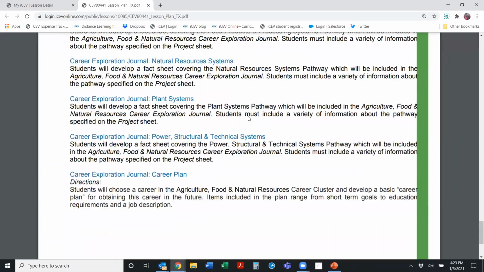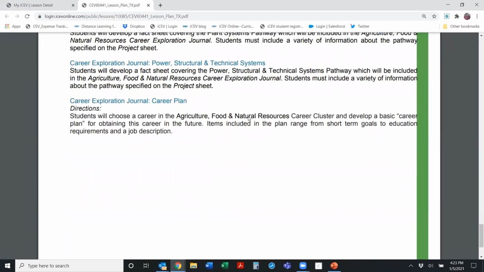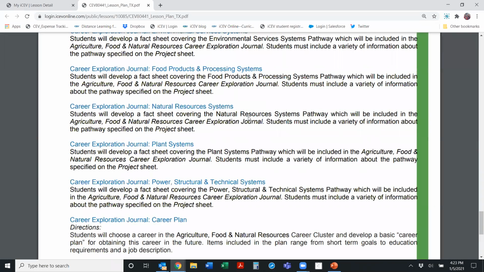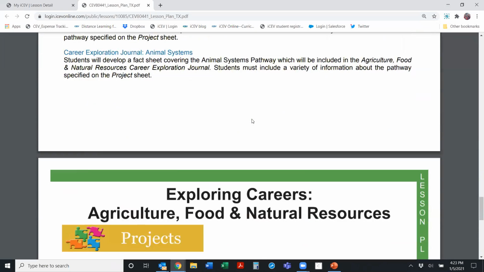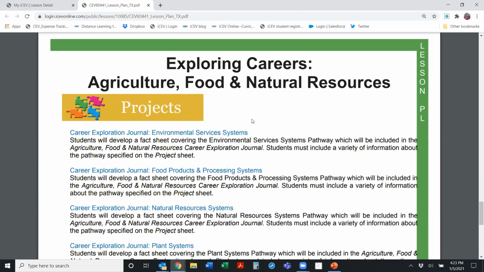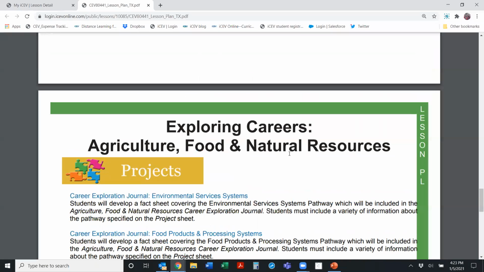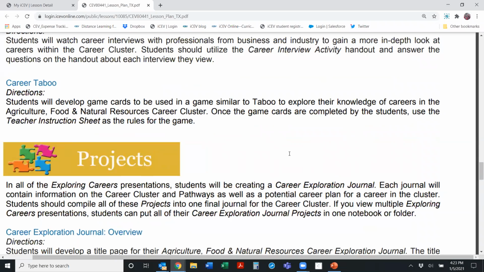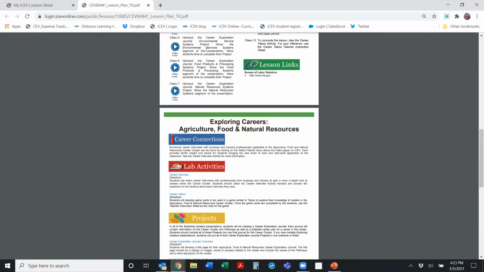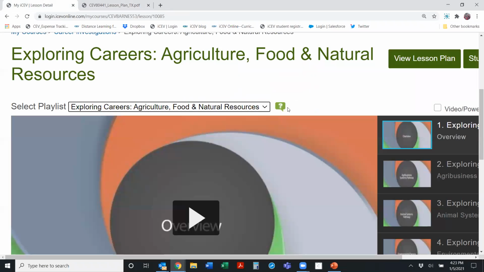Some people don't want to have their students what they call sit and get. They want them actively engaged. And believe it or not, most of these activities can be done at home as well as the projects. Now you've got to determine if this is something that needs the additional materials, but nonetheless, these are suggestions for you in the lesson plan on how you could cover this topic. So this lesson plan is pretty large.